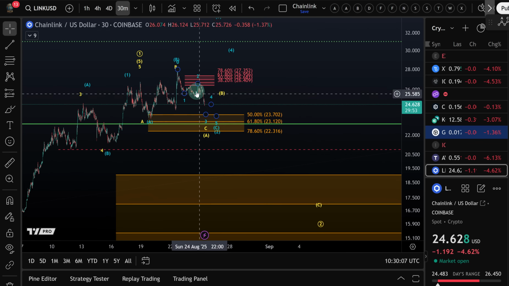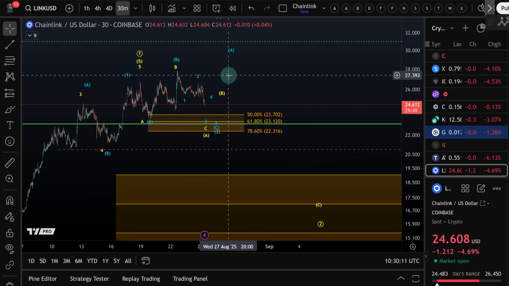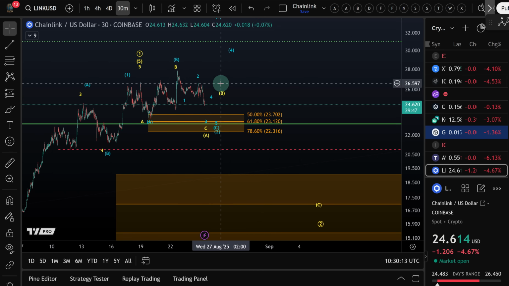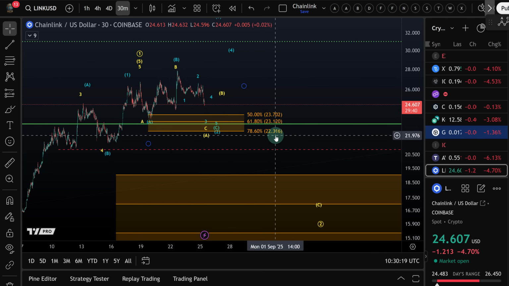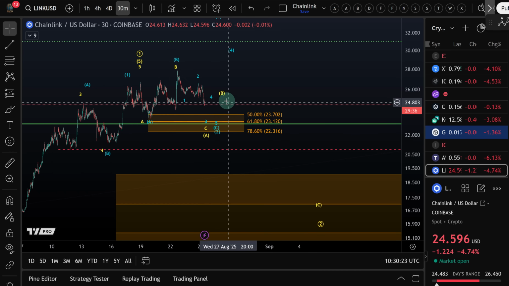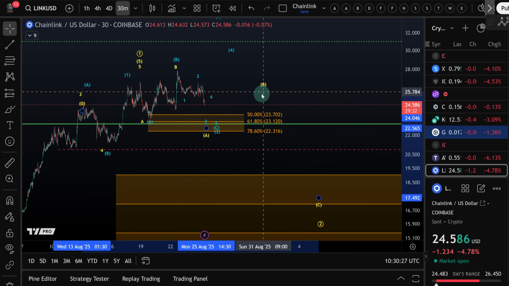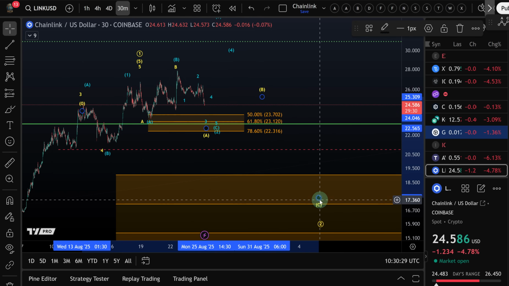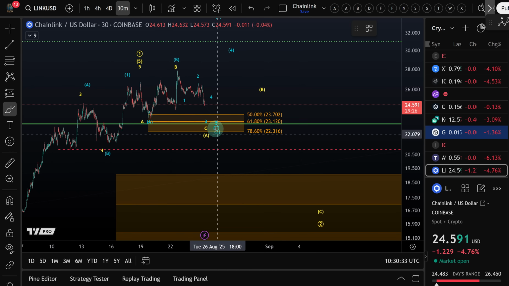And the market will give us a signal that it wants to go higher directly if we see a break above yesterday's swing high that formed here around $26.60. So next support level is $22.31 to $23.70, Fibonacci support. It's our next pivot. If after that pullback we only see a corrective bounce, then the yellow scenario becomes far more likely. So I think short-term pressure seems downward.